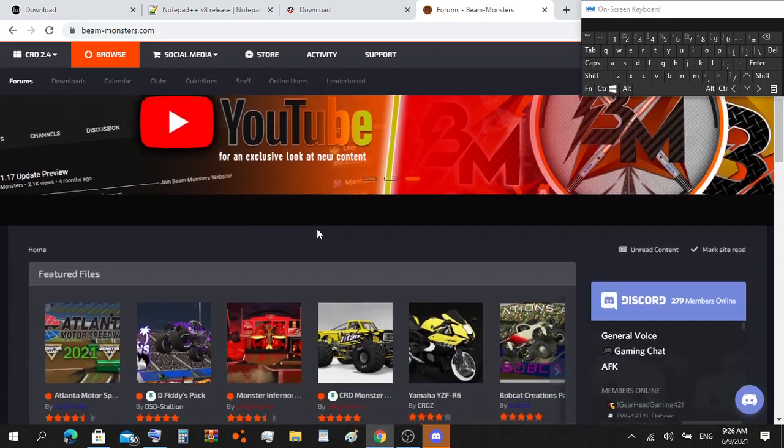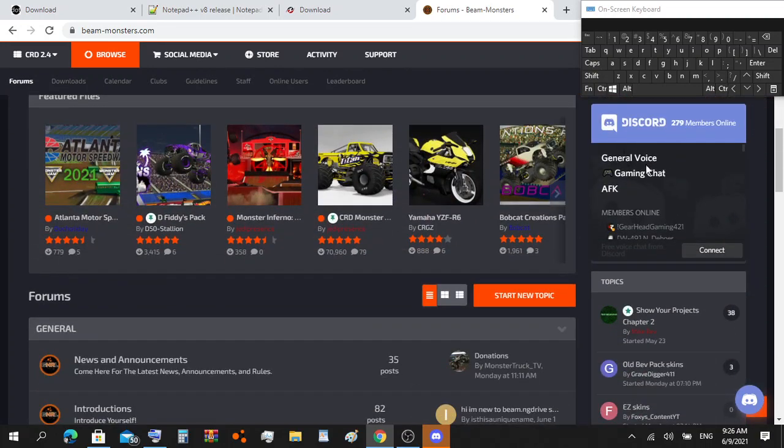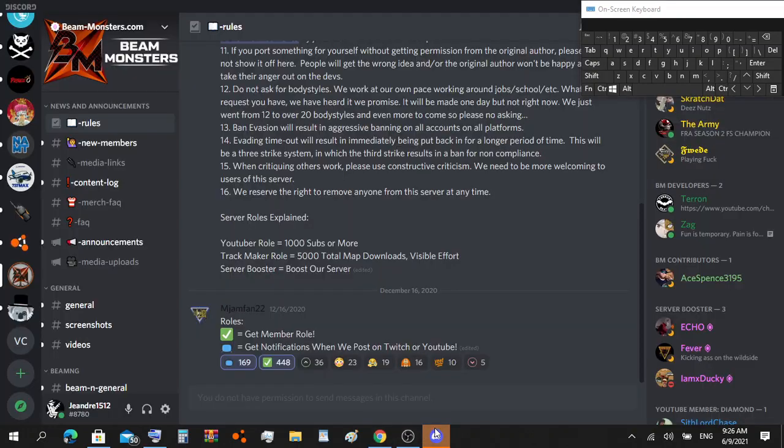forms.beamng.com. Once you're there, you go to this small thing right here, the Discord server, and you just press connect. Once you have pressed connect, you'll get an invite. Just accept the invite and you're in the Discord server. This also works for the browser version. Once you're in